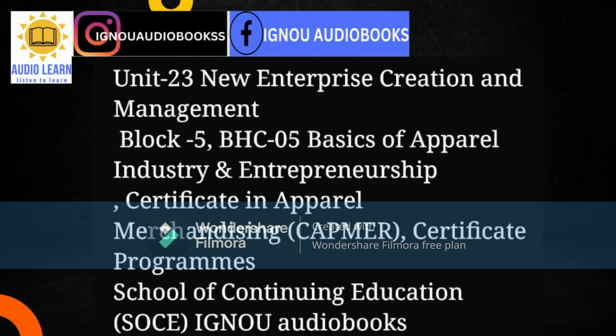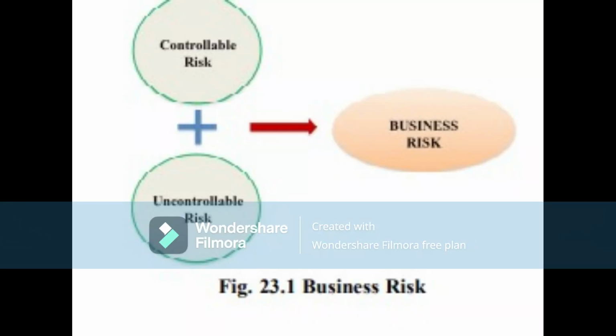It is needless to mention here that risk is pervasive in business. Running a business highly relies on anticipation, which has the probability of going wrong. There are various risks associated with the business. On the basis of controllability, these risks can be divided into two broad categories. Figure 23.1 Business Risk. Look at the screen for table content. The entrepreneurial talent is to recognize and analyze these risks and take calculated risk rather than jumping blindly. This calculation makes the business different from gambling.